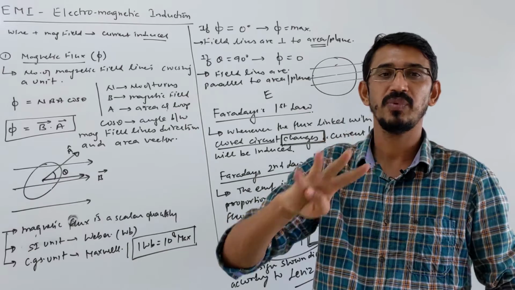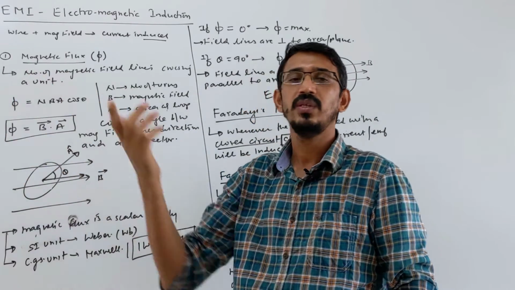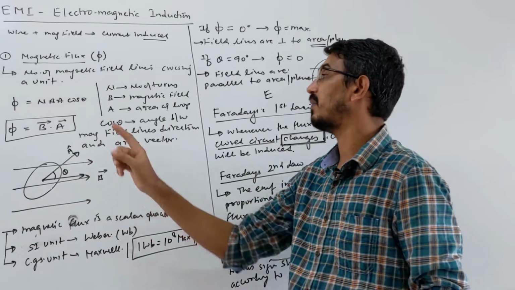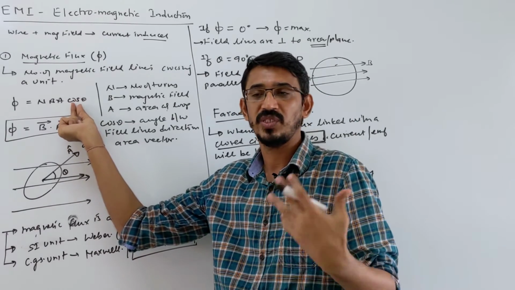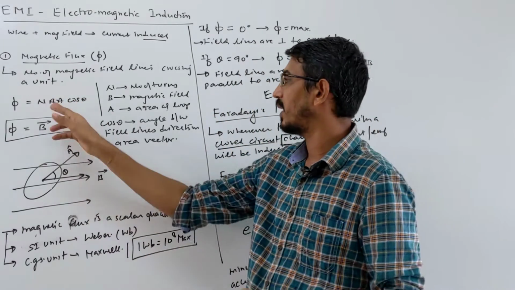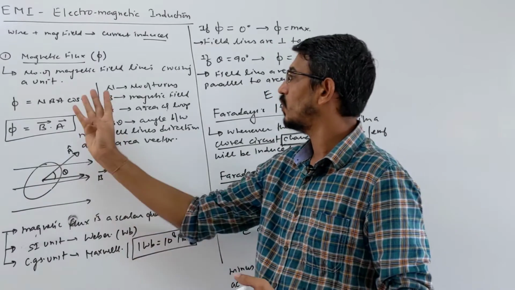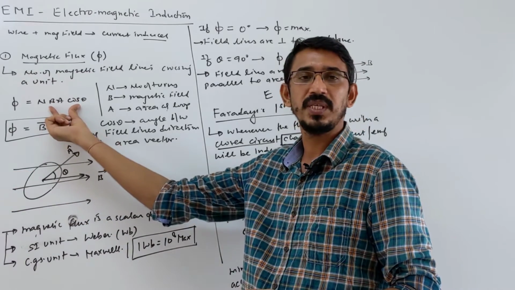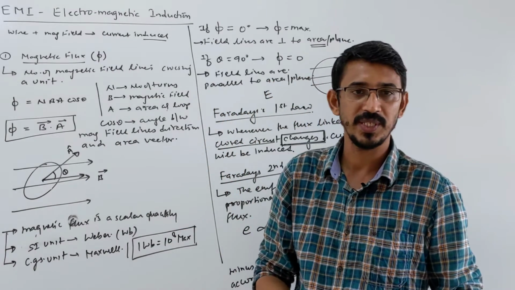So we have 4 types of numericals we'll see. Sometimes the number of turns can change, which changes flux, so EMF will be induced. Sometimes the magnetic field will be changing, sometimes the area, and sometimes the angle. Generally angle change we'll see in devices like the generator or dynamo, where a coil rotates inside a constant magnetic field with constant area and number of turns, so the angle changes. We will see all these problems. So there are 4 ways to change your flux, so 4 types of numericals, or they can directly give the flux equation. So 5 total patterns of questions we will see.